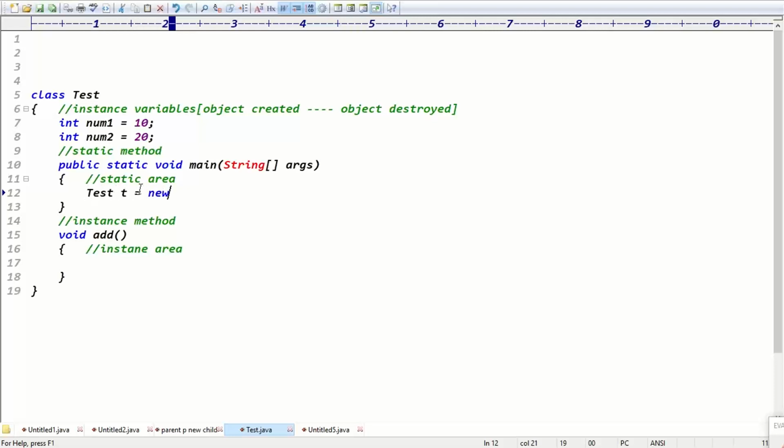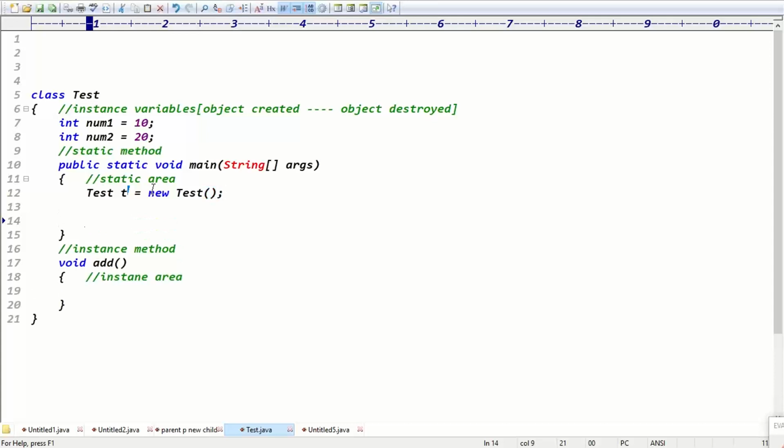Then you can create the object using the class. What is the class here? Test, right? Test t equal to... tomorrow I'll explain this object, just wait a second. Test is a class name and t is the object name. Object name can be anything. Test t equal to new Test(): using the new keyword you create the object. For example, if Demo is a class name, Demo d equal to new Demo(). Like that you have to create objects. That's very clear now. What is the object name here? t is the object name.